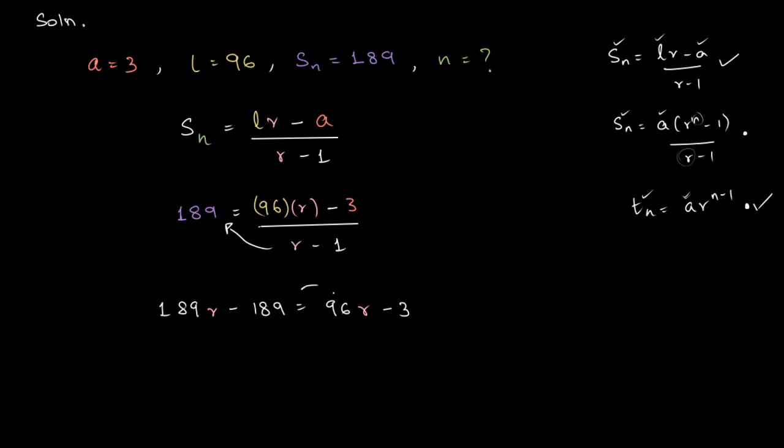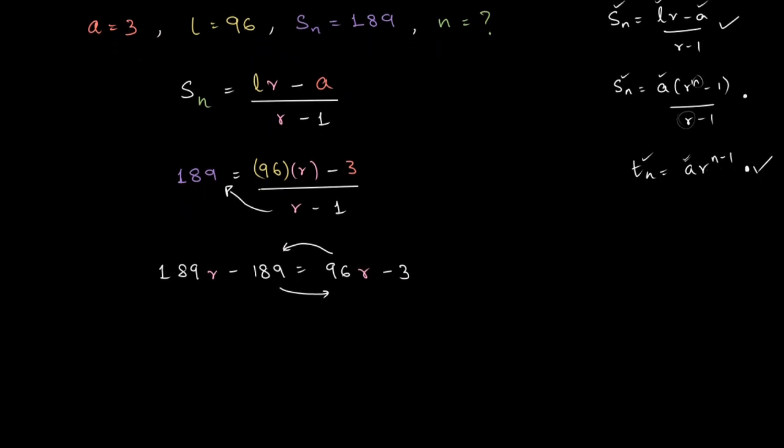Okay, let's further rearrange the equation such that we have r on one side and the other constants on the other. So I'll take the plus 96 from the right hand side to the left, take the minus 189 from the left to the right. Right? So I have 189 r minus 96 r equal to 189 minus 3. So minus 189 becomes plus 189 here. If I calculate this, 189 minus 96, that is 93 r, equal to